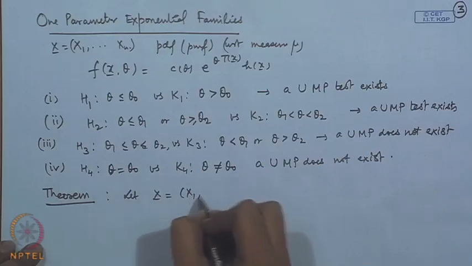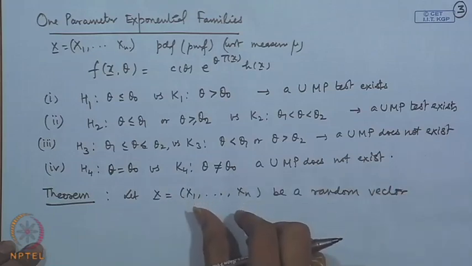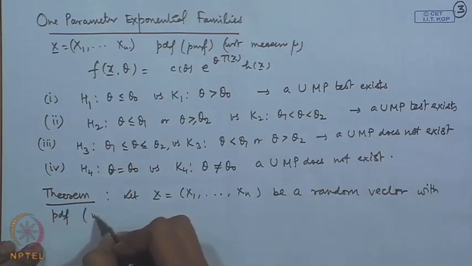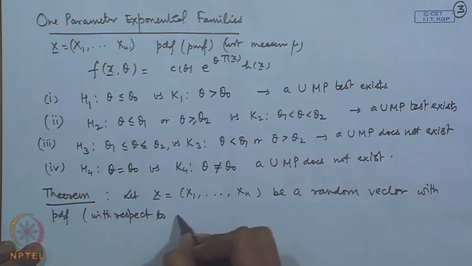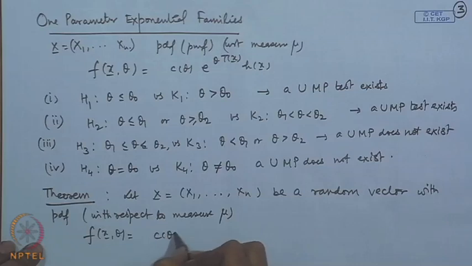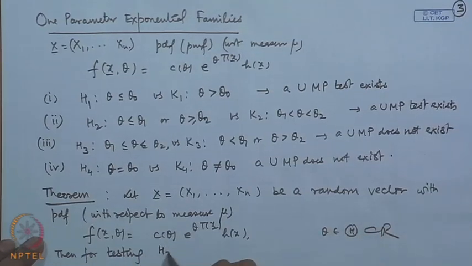Let x, so when we consider the random sample, we generally write the joint density. So, I am calling it a random vector with probability density with respect to some measure mu. So, f x theta is equal to c theta e to the power theta t x h x, where theta belongs to say theta, a subset of R. Then for testing H 3, that is this particular third case, theta 1 less than or equal to theta less than or equal to theta 2 versus K 3, theta less than theta 1 or theta greater than theta 2,